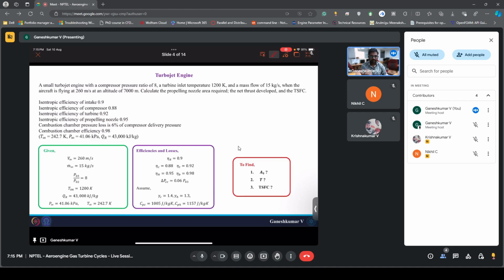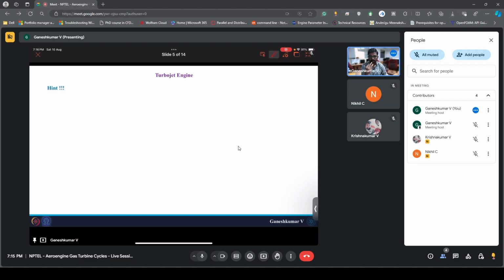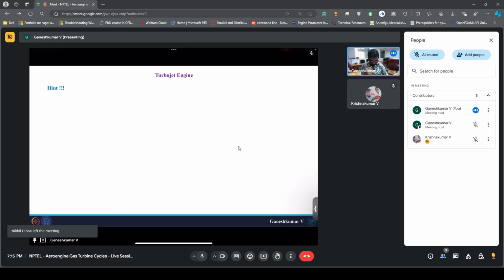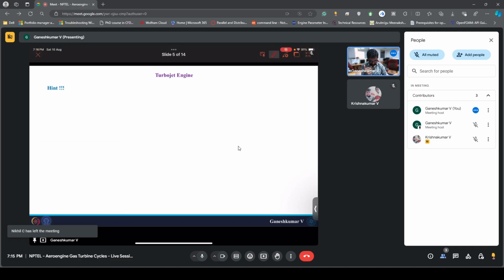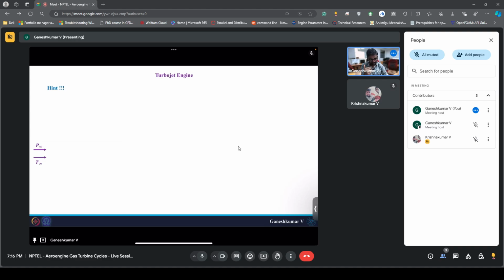Now what we need to find is, as I said, the exit area of the nozzle, thrust, and then TSFC. Okay, let's go forward. So if I want to quickly draw an idea about how we solve this problem, what we know is initially we know T infinity and P infinity. Also we know the speed at which the aircraft is flying. We know inlet has an efficiency of 0.9, and then after the inlet we can find the pressure P02 and T02,